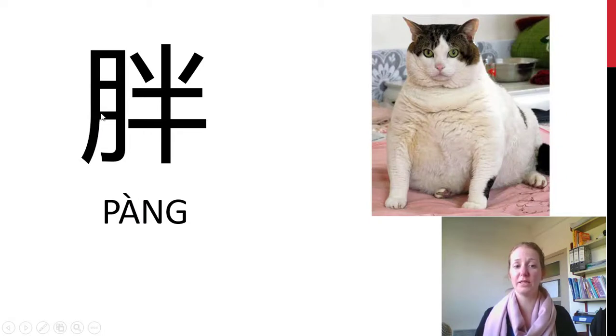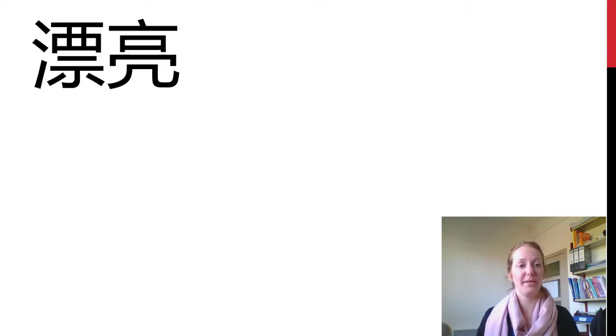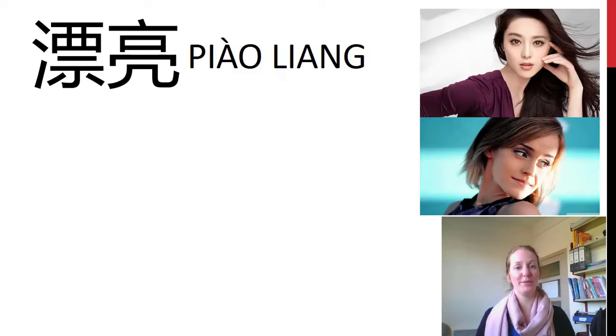It looks a little bit like 月, the moon, but when it's on the left, it's the flesh radical. So when you think of fat, then you can think of lots of flesh as well. So 胖。我的猫很胖。